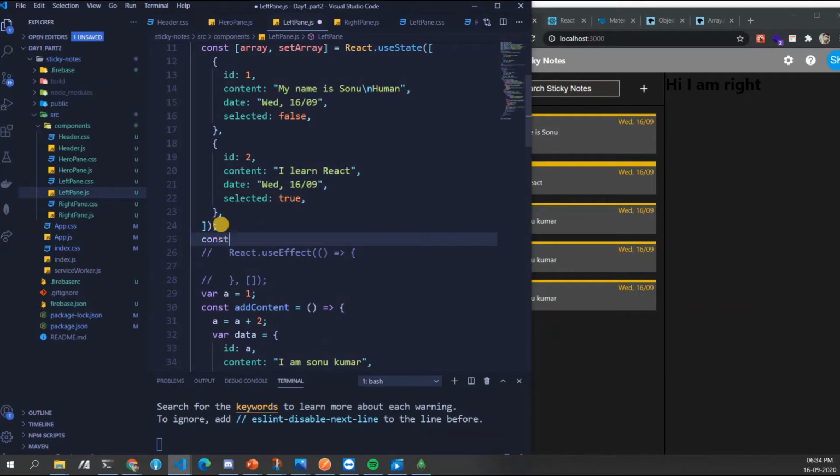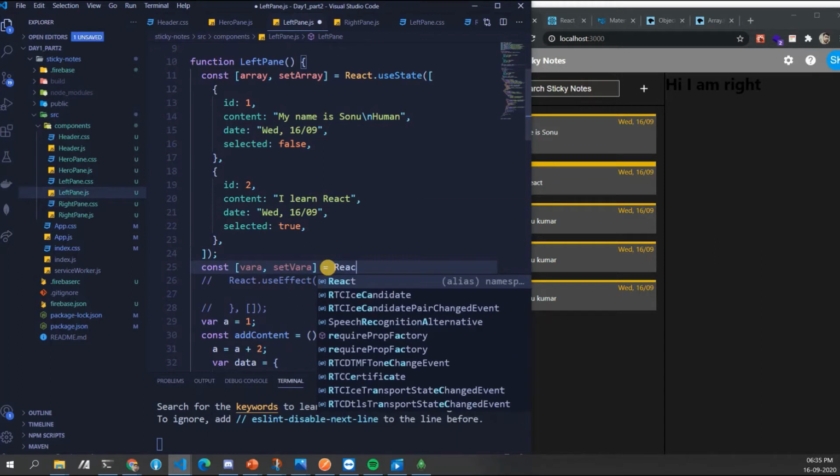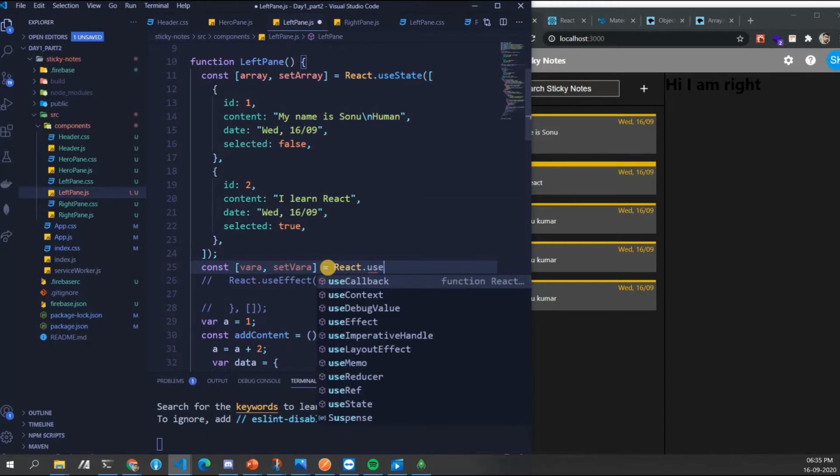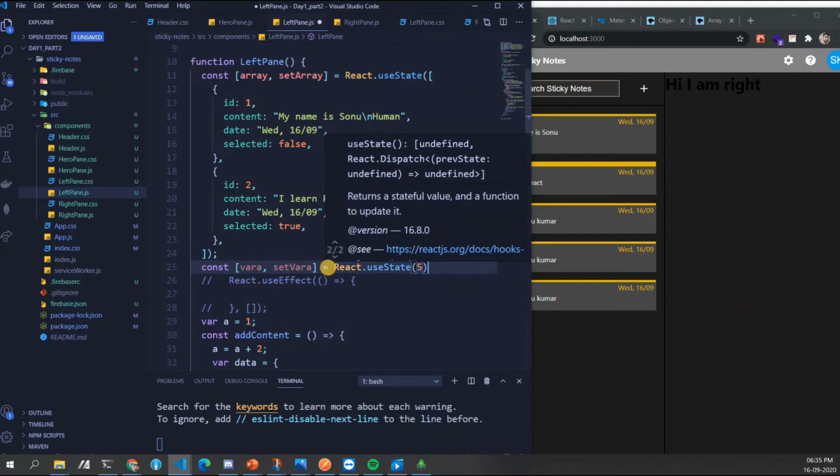Let's say const, data, set data, not data actually, a, set a. Always remember how I am writing the array setter: set, then the name becomes camel case. Now give it a useState value of 5.